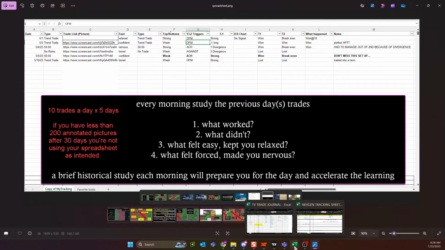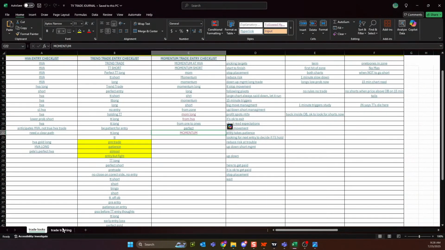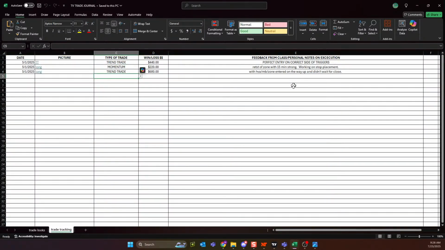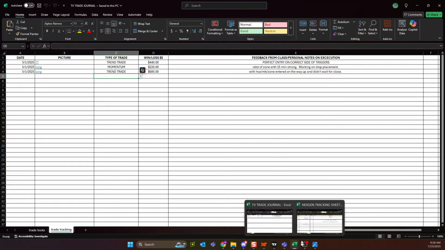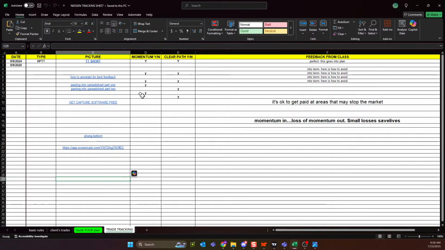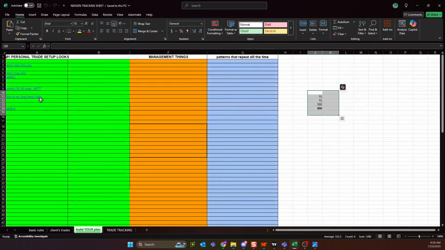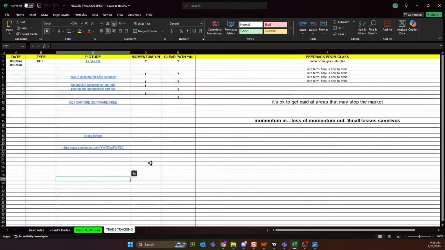And then if you use the second part of your trade journal, your tracking, guys, there's a spot for feedback from class. So not only are you going to have your annotations, maybe if there was something that I saw that you didn't, you're going to get that feedback. Man, it looked great. It was perfect. And I might just say to you, hey, Ron T, put this in your plan. Hunter, this is the best trade ever. Put it in your plan. That goes over here. That's what you want to repeat. But as a brand new user, very often the feedback is going to be, hey, here's the challenge that I recognized.